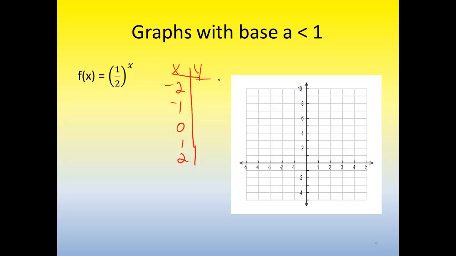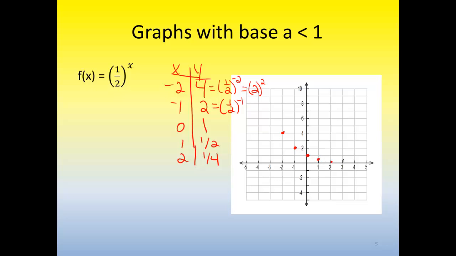So if I plug in -2, now remember, negative exponent means I want to do the reciprocal. So that becomes 2 squared, which is 4. 1/2 to the -1 becomes 2. 1/2 to the 0 is 1. 1/2 to the first is 1/2. 1/2 squared is 1/4. So if I plot these ordered pairs,